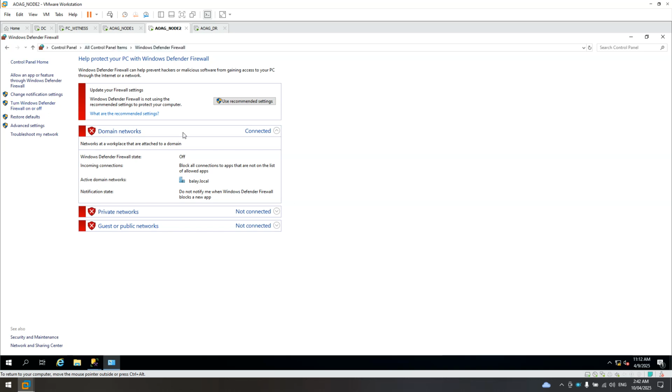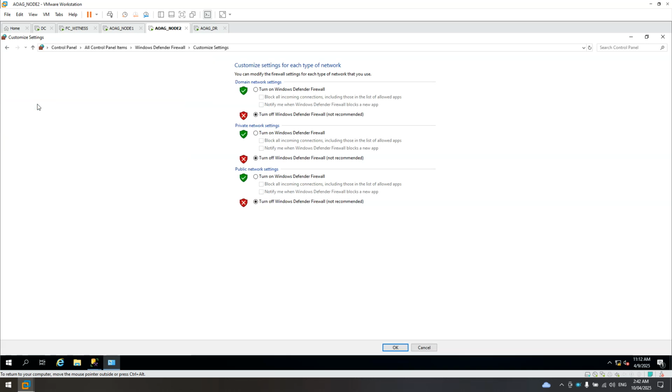In this example, I disabled all, but in an actual environment, you can add an exception for port 1433 on node 2 or node 1, because we are accessing node 2 from node 1.